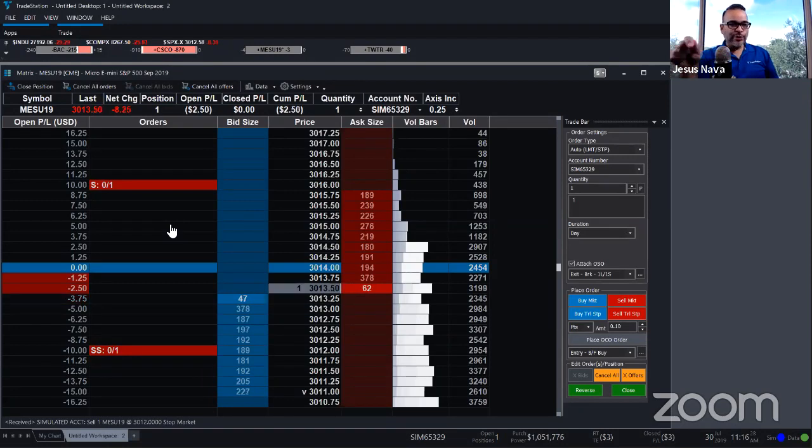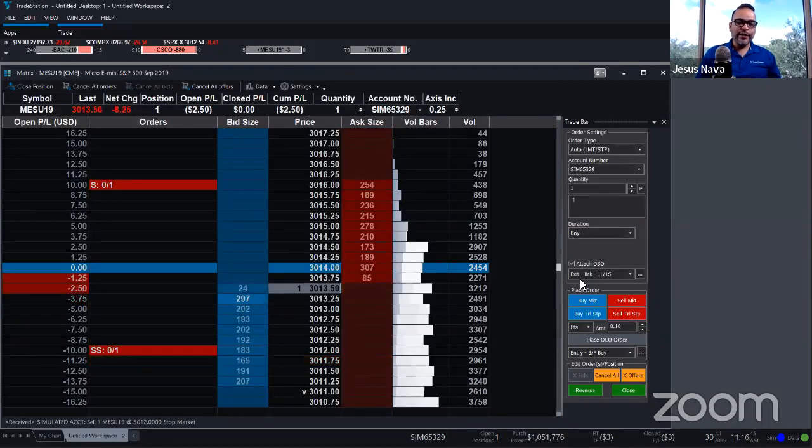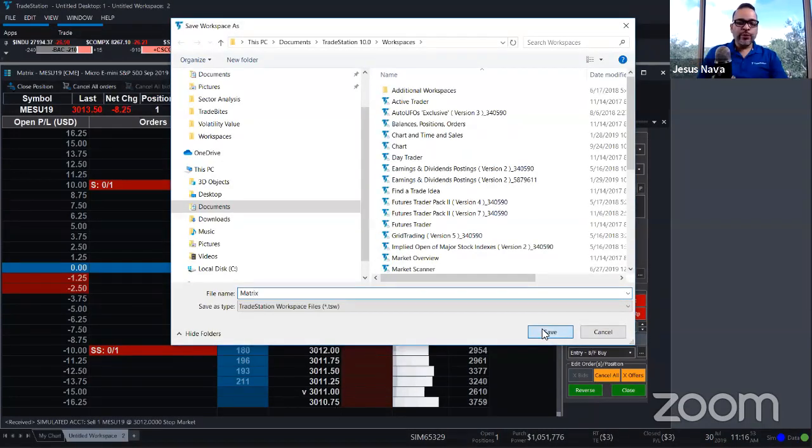Dave, I showed you how to enter a stop loss. You can do that very quickly using the P&L here. Or you can just use the selling column, because you can also submit selling transactions by clicking on the red column. All right, so this is a futures trade. If you're looking to, let me go ahead and save this workspace. If you're looking to manage your orders and positions,